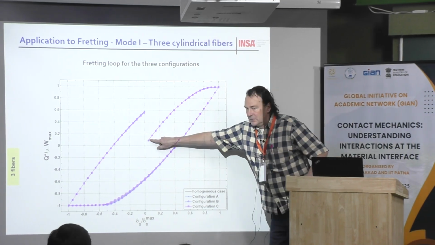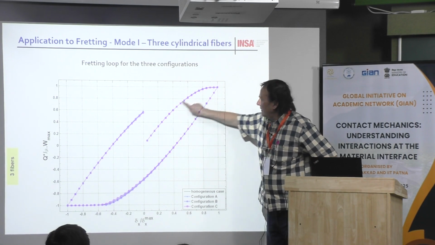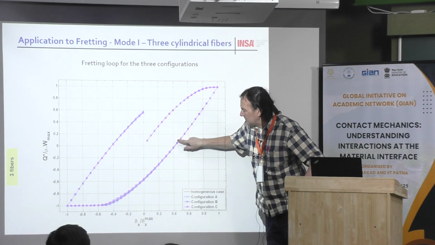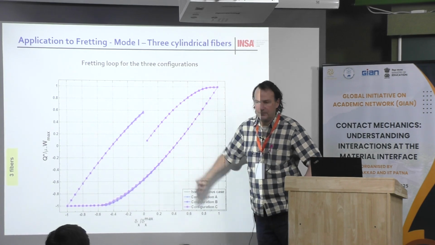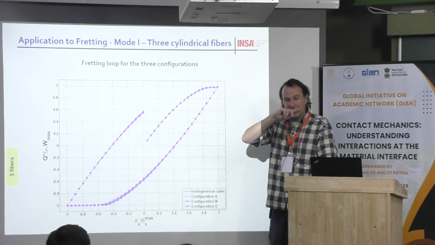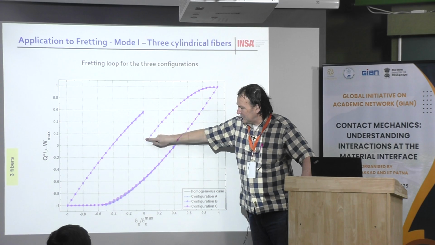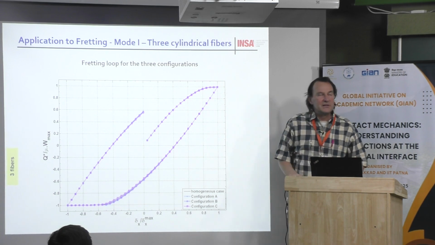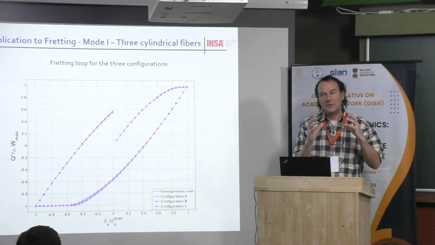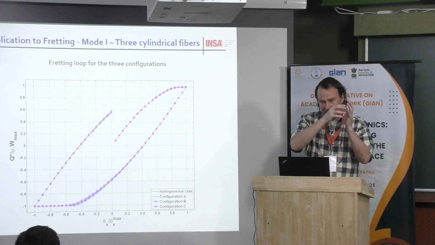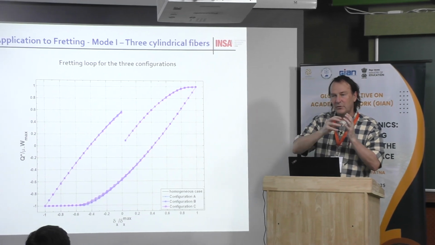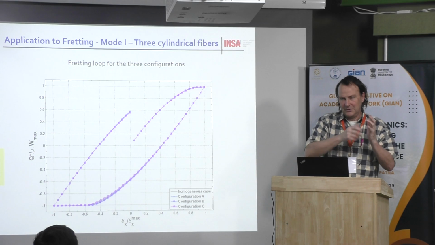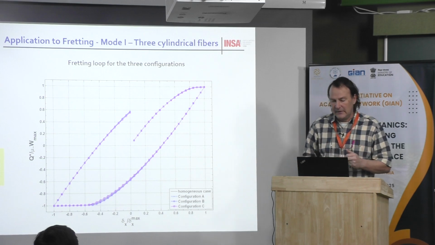Then we start from this point. We move in one direction until here. We go back here. There is no force. We have a displacement. We go until then, and we come back to the origin. Something interesting here is that there is a displacement from this point to this point. This may explain, for example, when you have a camera autofocus, there is something which is vibrating, and that produces this type of movement. This is a mechanism that produces the movement of autofocus camera, due to the asymmetry of the fretting problem.